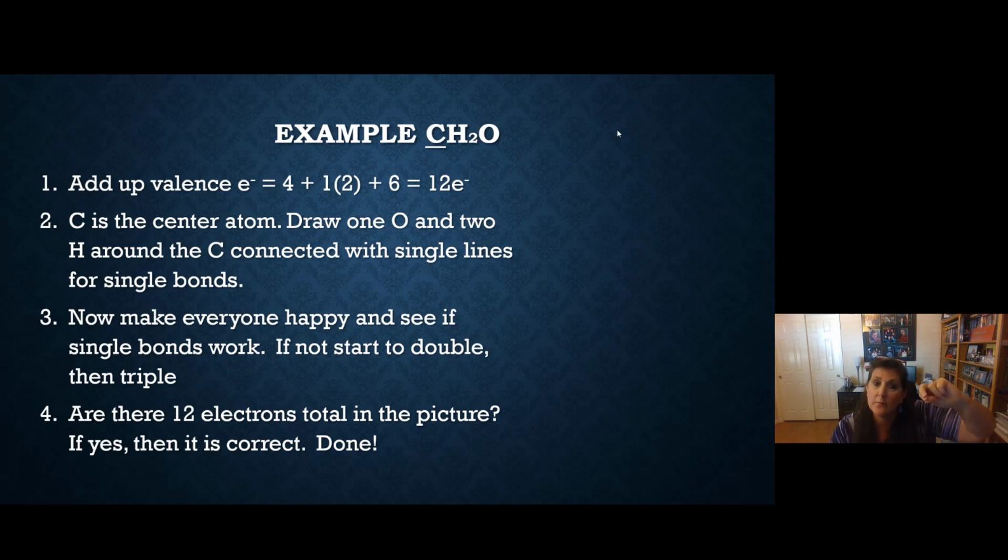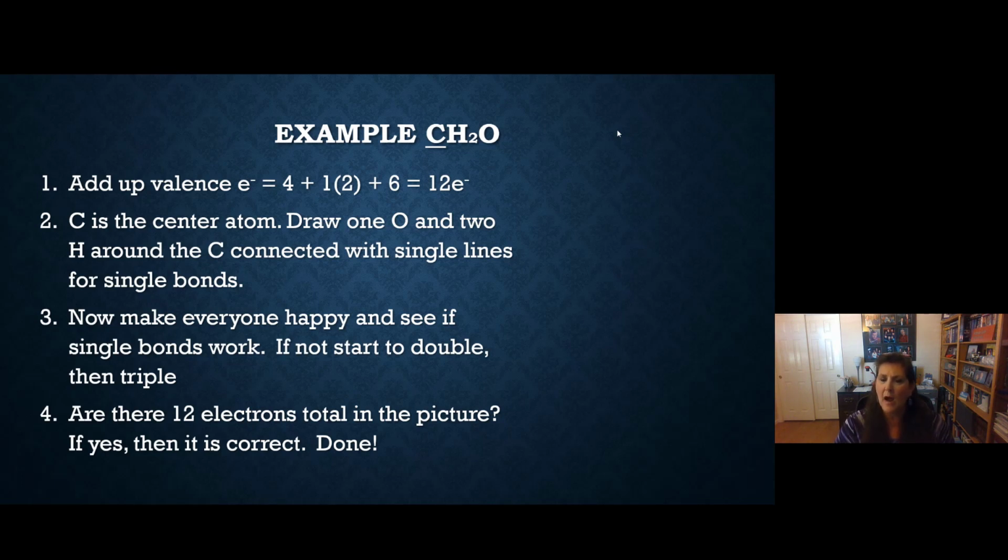Draw the dots together. Oxygen up here had 1 bond, so that's 2. So it needs 3, 4, 5, 6, 7, 8. 3 lone pairs around it. Now, let's see if that's 12 electrons. So 2 with the hydrogen plus 2 with the hydrogen is 4. The 2 dots, 5, 6. The bond to the O, 7, 8. 9, 10, 11, 12, 13, 14. That didn't work. That's not 12. So that's what I mean. If single bonds don't work, you need to double.